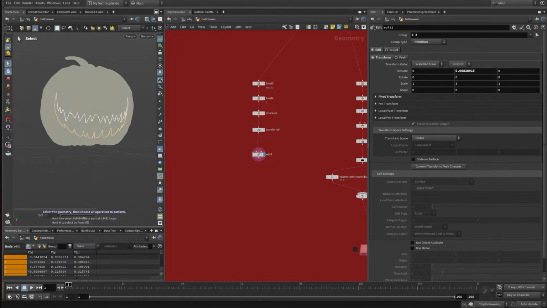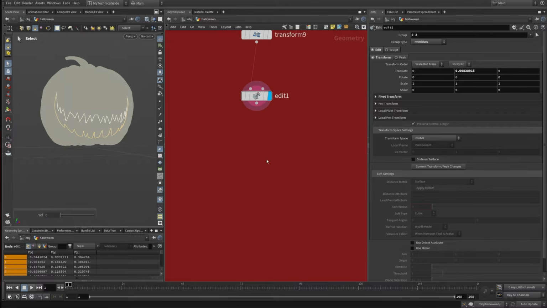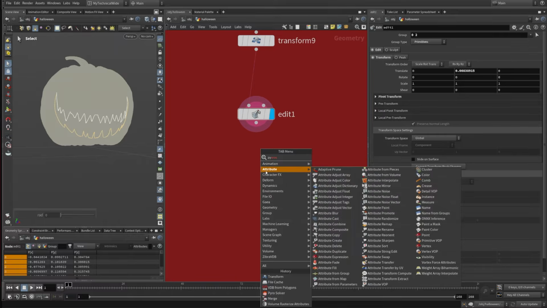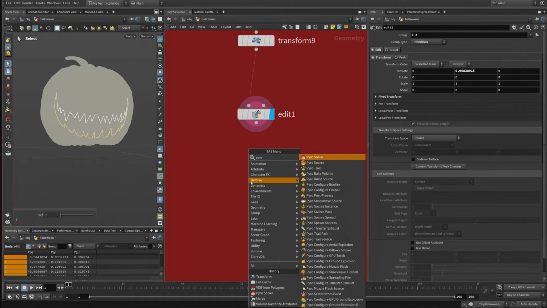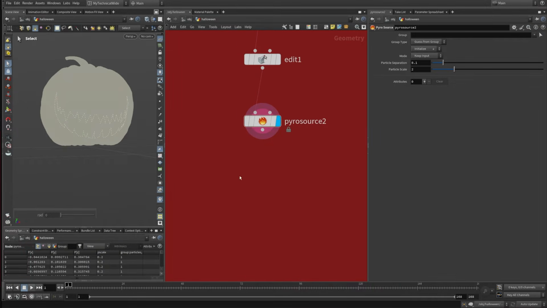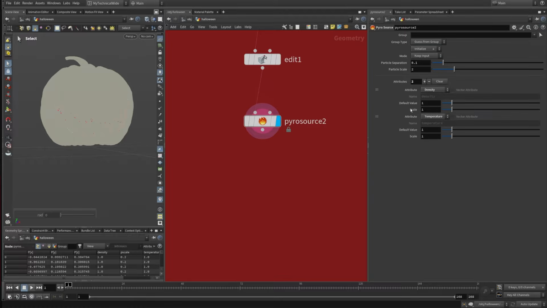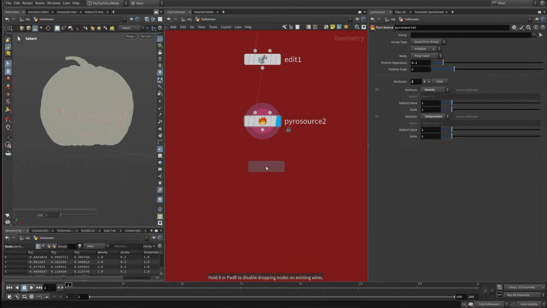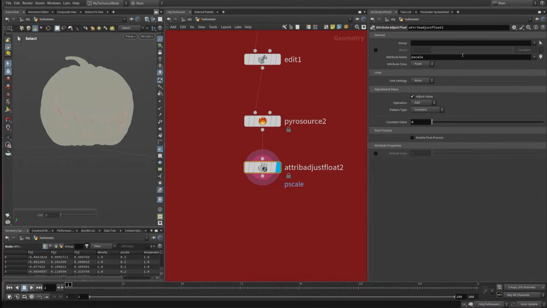Okay, so again, the process is pretty much exactly the same. So pyro source, and we want to basically add some density and temperature. So initialize smoke, density and temperature, attribute just float to make the density